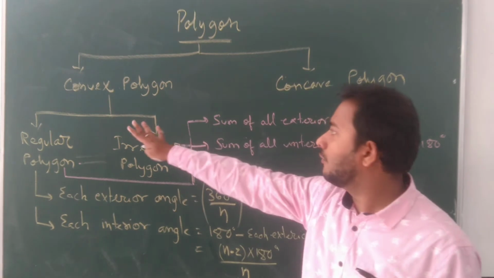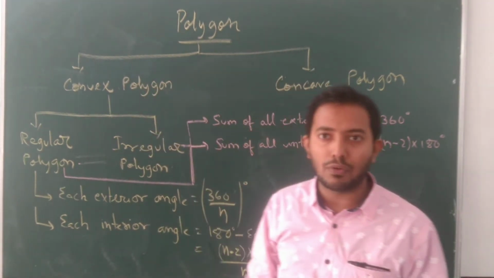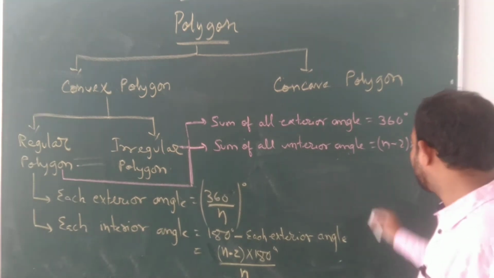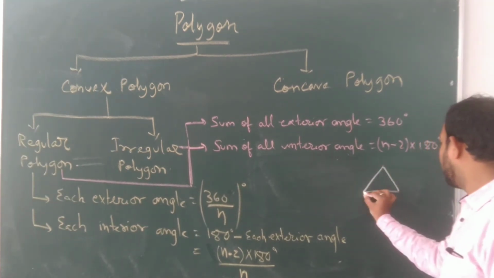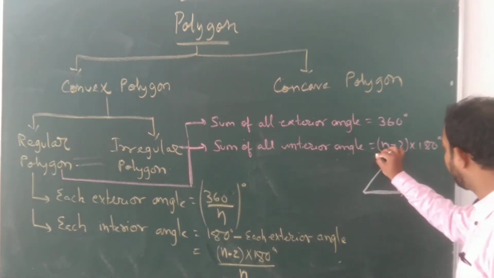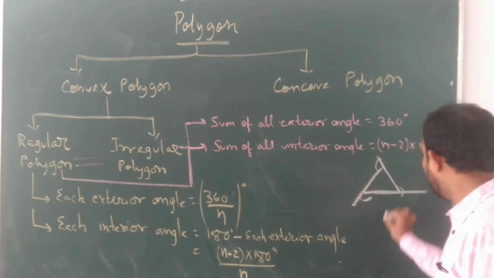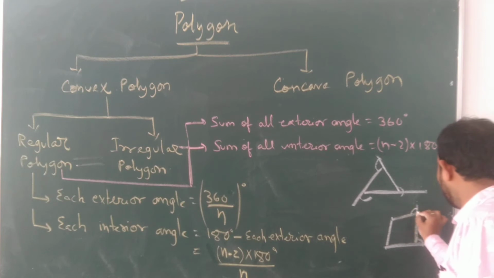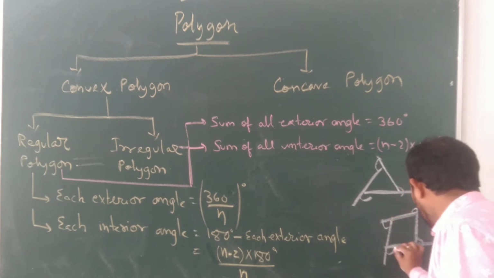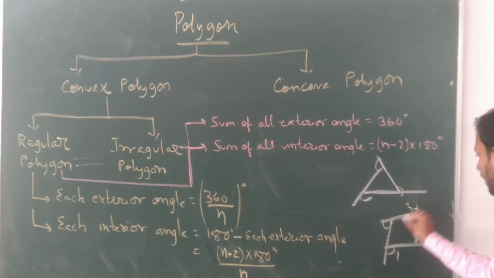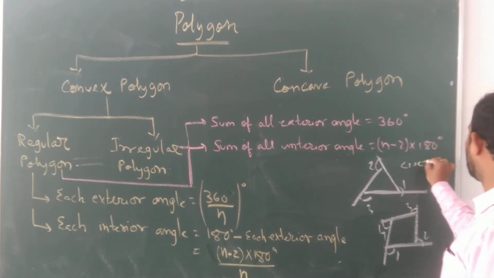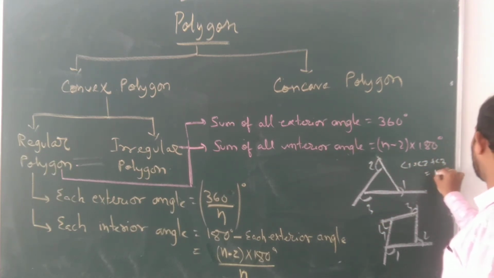This formula is valid for convex polygons. So we go for the convex. First one is the sum of all exterior angles, 360 degrees. That means if you take one triangle and find the exterior angles, this is your exterior angle for this one. And if you take a quadrilateral, you can see this is your exterior angle. Now if you add 1, 2, 3, 4, and here also 1, 2, 3, so angle 1 plus angle 2 plus angle 3, if you add